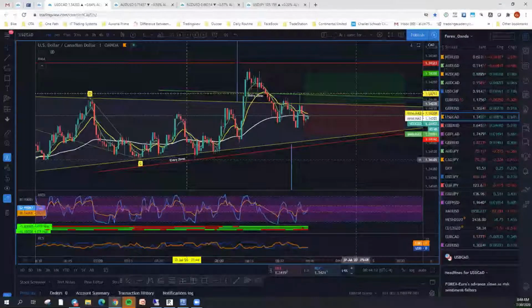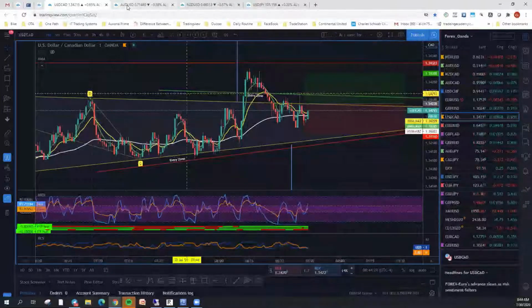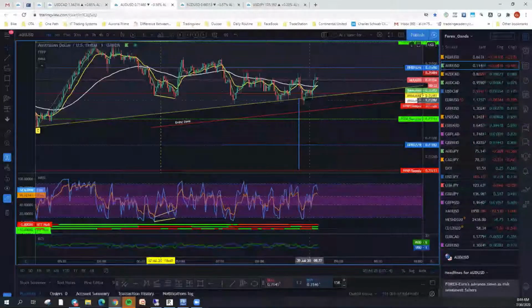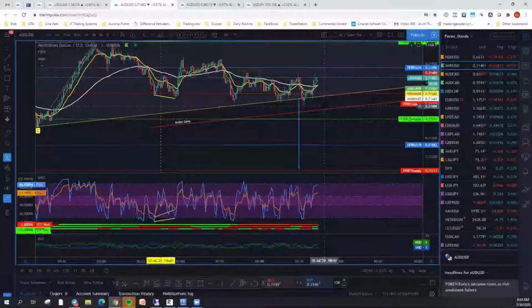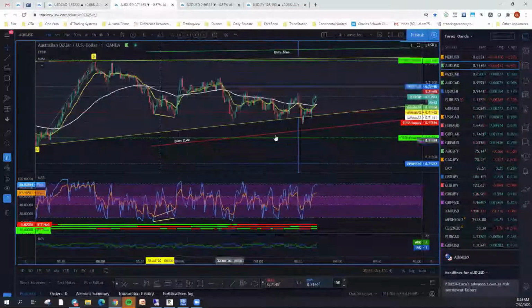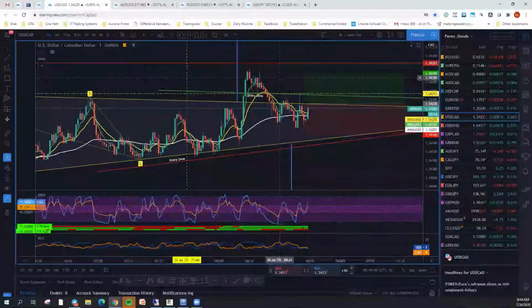Oftentimes, if you have a news announcement, like in this case, we had a news announcement at 8:30, and we had an alert on the Aussie US, which we already had drawn out, but it hasn't really done much yet that I can see. This was right at the 8:30 area, right about where this blue stick is, and it broke out a little bit, but it didn't do anything. It's still sitting inside the wedge. Even with that announcement, it really didn't do a whole lot, nor did the Euro US. It's still sort of going back and forth, and as is the CAD.